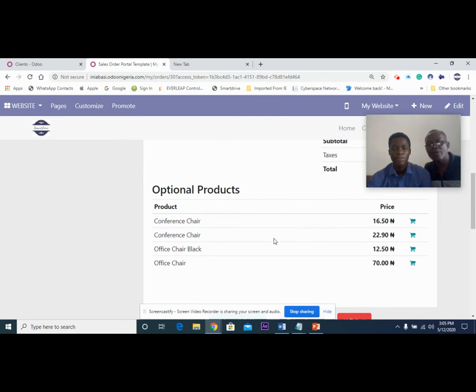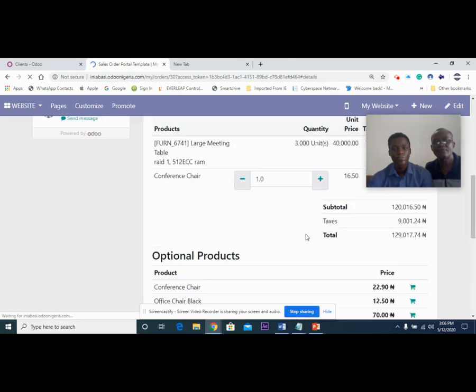So now this is what the customer will see. He may decide to add whether he wants a conference table, whether he wants an office chair, whether he wants an office black chair, the color of the chair he wants. So if he wants an office black chair, it is 12 naira 50 kobo. So you can see different prices for different chairs. And then once you click on add to cart,